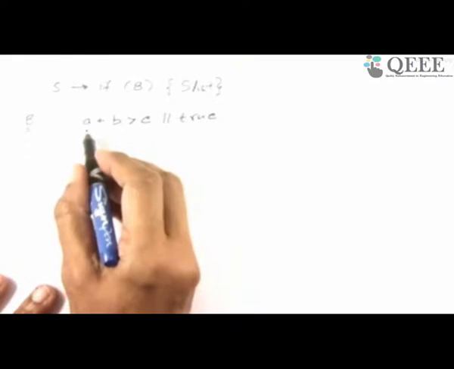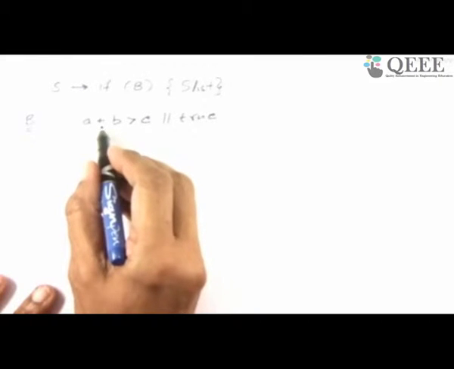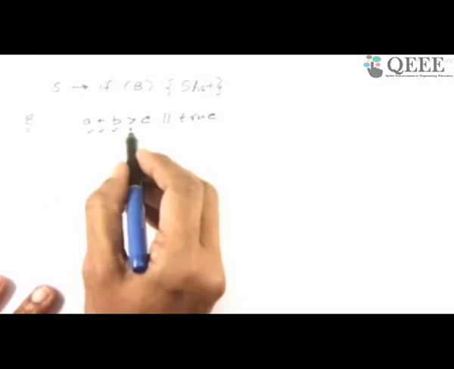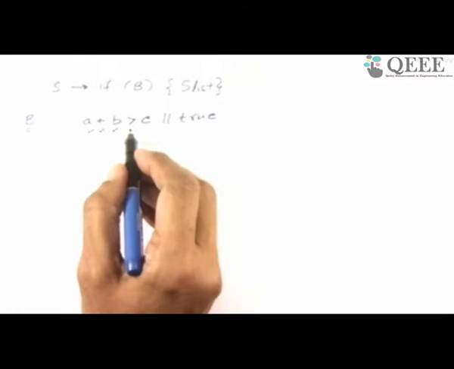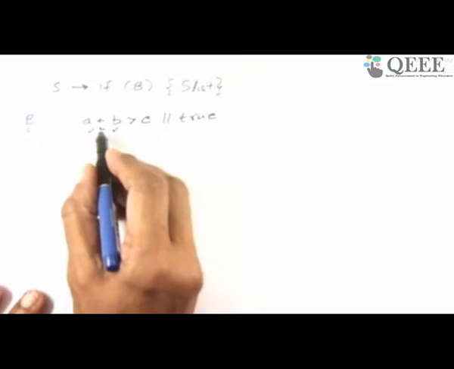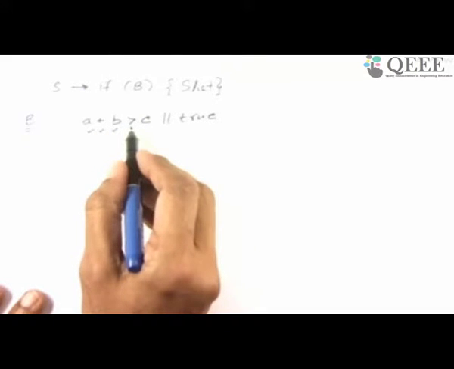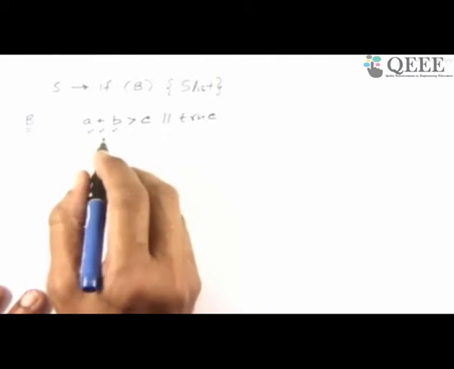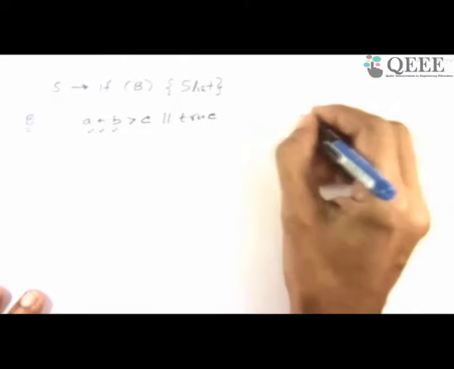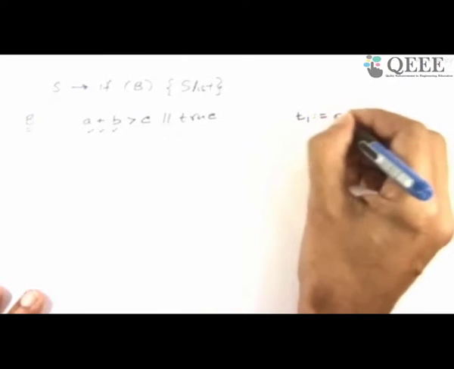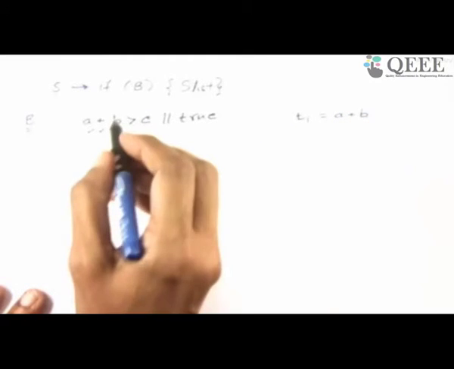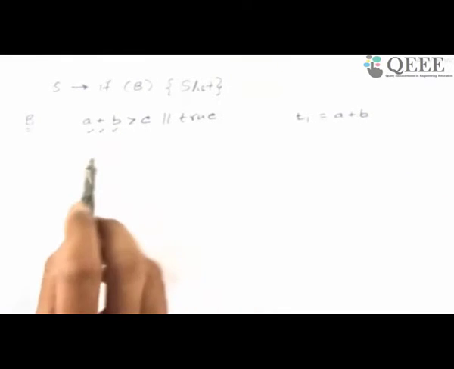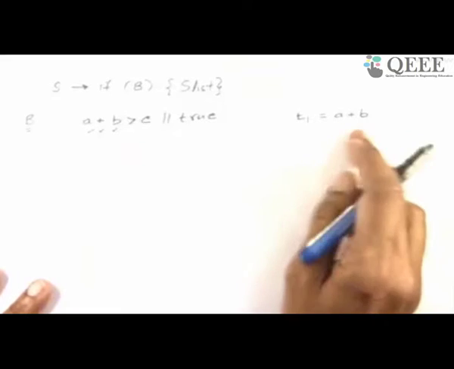Okay, so let's say the parser sees A, then the parser sees plus B, and then it sees greater than. Now I am relying on your knowledge that plus has a higher priority than greater than, and the parser says I must reduce A plus B to an expression. So we'll do that. What will it do? It will probably create a temporary, T1 assigned A plus B. This I have to do only when I have seen up to A plus B. I had looked at greater than and not processed it because it's a lower priority. This is the best case. This is not the immediate case.